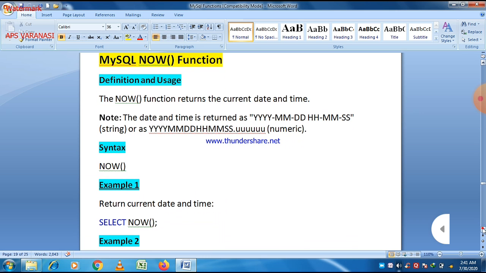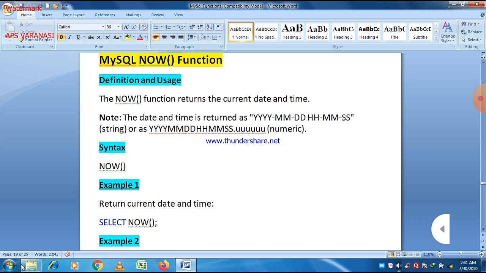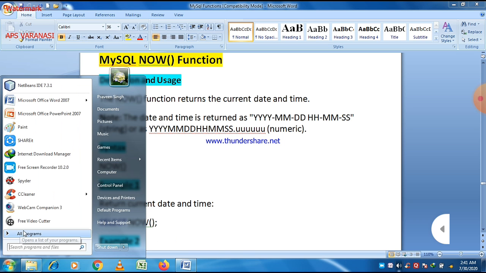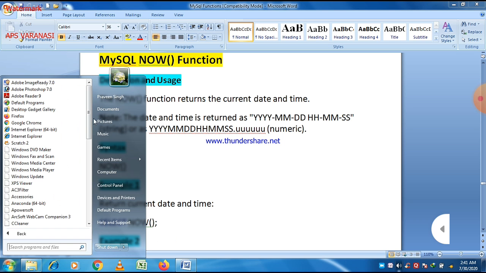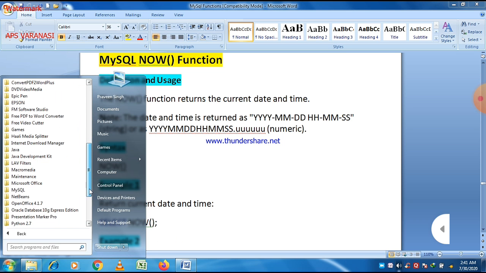Just take NOW, and if you want to take time plus 1, then you can use the NOW plus 1 function. Always remember that it returns the data in the format of year, month, and date, and then hours, minutes, and seconds, separated by dash signs. So let us execute this command in MySQL.